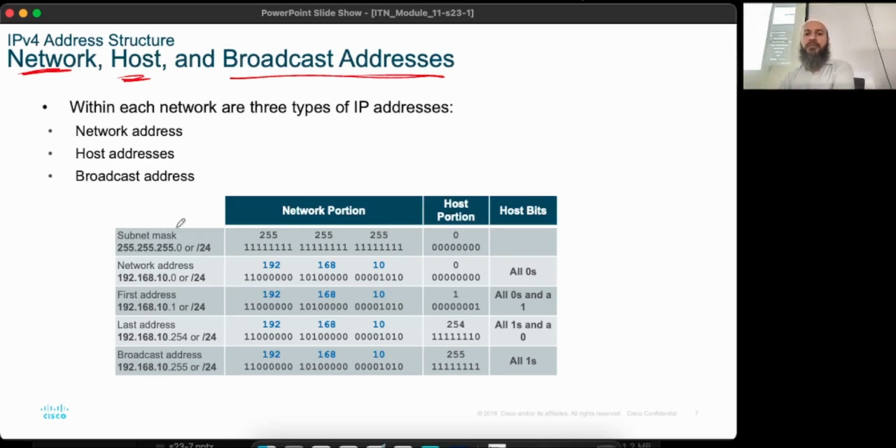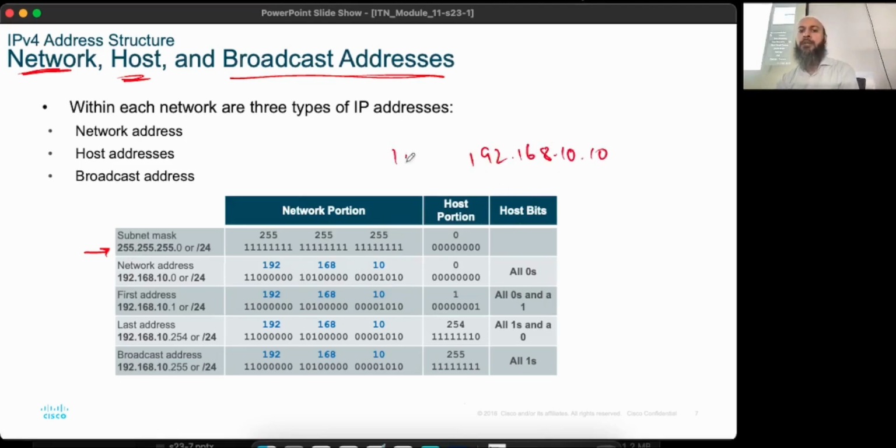So for example, you have any IP address, let's say 192.168.10.10, and you have the subnet mask, which is 255.255.255.0 or /24. So this is the information that I've given you. There is an IP address 192.168.10.10, and the subnet mask is /24, which is equal to 255.255.255.0. Now I'll ask the question. What is the IP address in this whole thing? You don't have to do anything. It's given to you: 192.168.10.10. So let's write that over here.